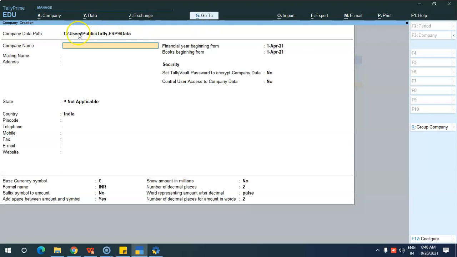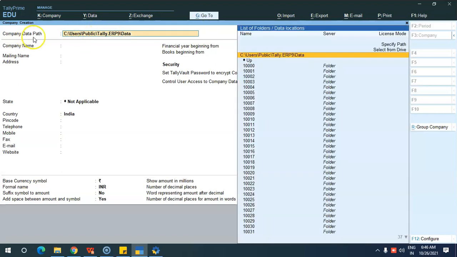The first one is the company data path. This is the path where your company data will get stored. Here I have given the C drive, where I have already installed the Tally software in that path. Whatever path you have installed the Tally software in, the same path will come over here by default.